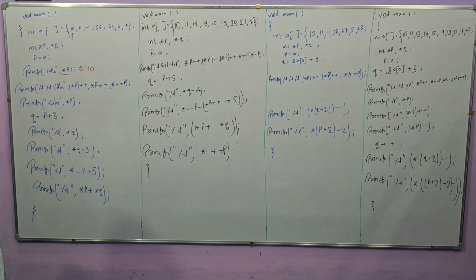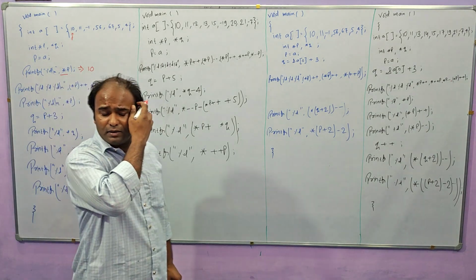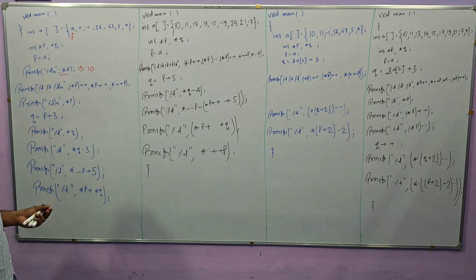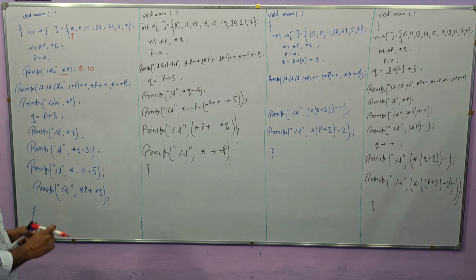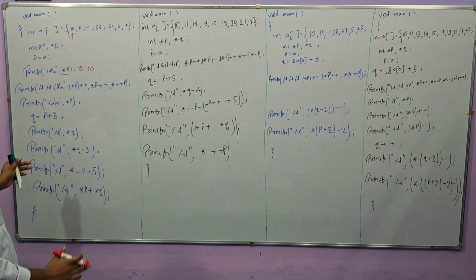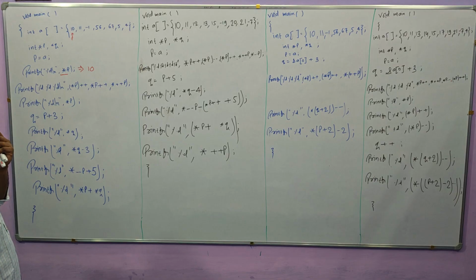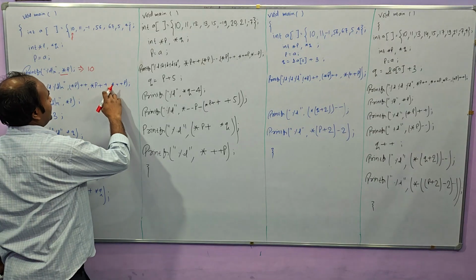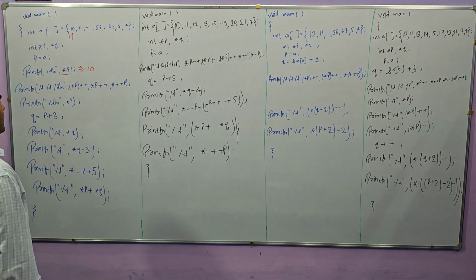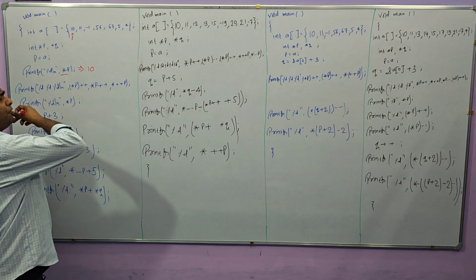Now, when we use increment, post increment or pre increment, then we need to check. First, whenever we have a question like this, we need to proceed on the basis of priority, and the priority is left to right. So we move left to right.